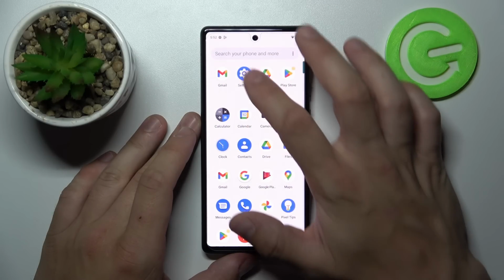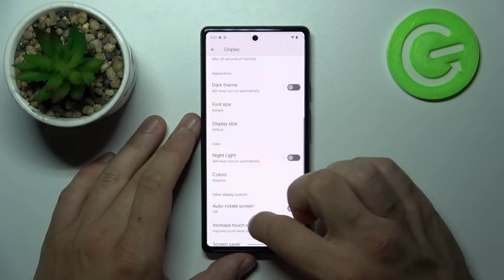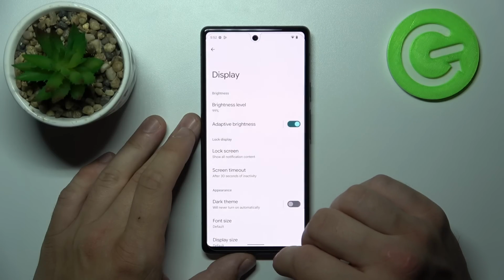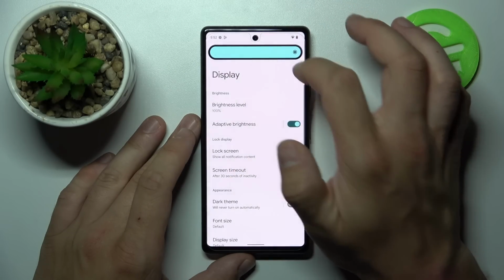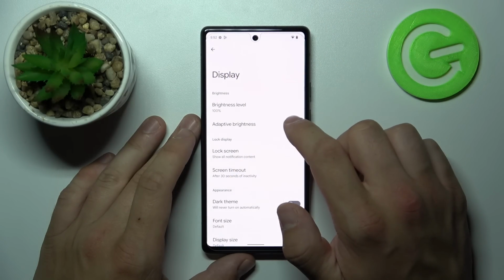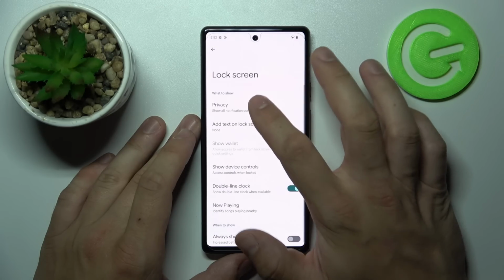In the beginning, let's go to settings, enter display, and as you can see right here we've got all settings for our display. Let's start with the top of the list, where we can change brightness level manually or via adaptive brightness. Next, we can change lock screen preferences like privacy,